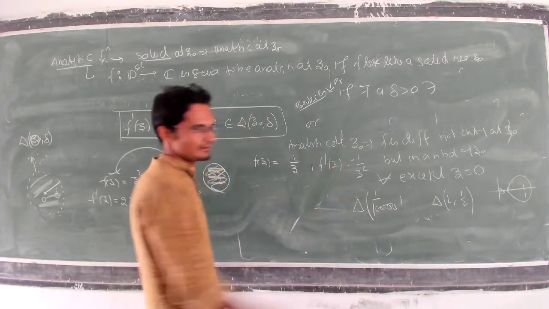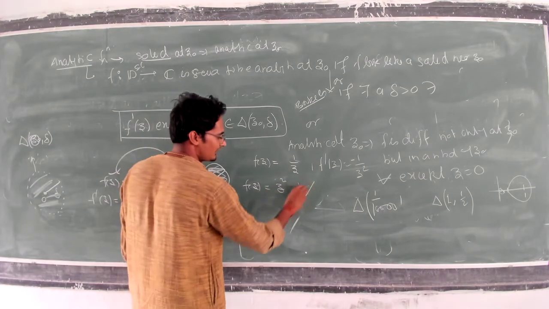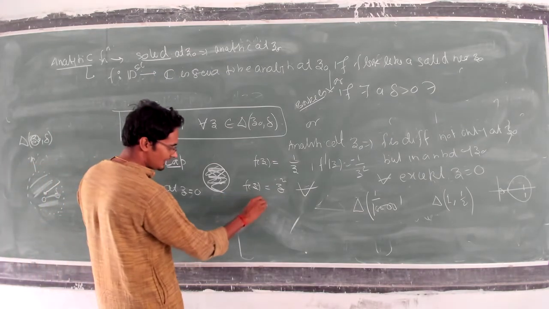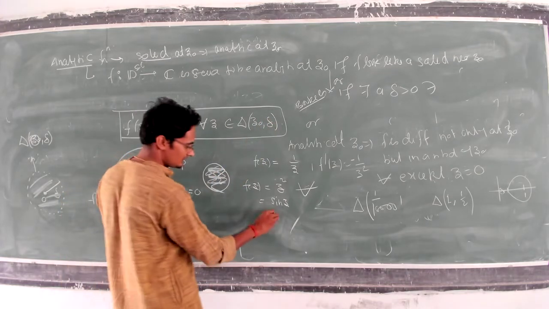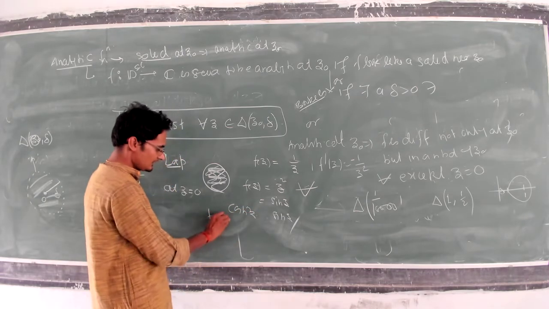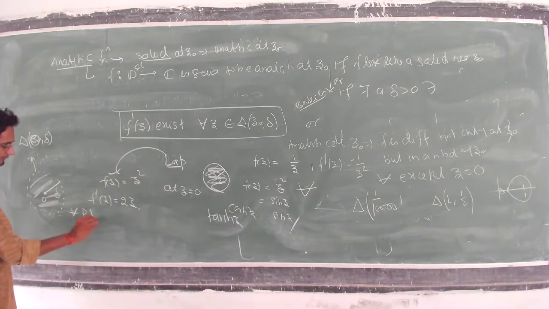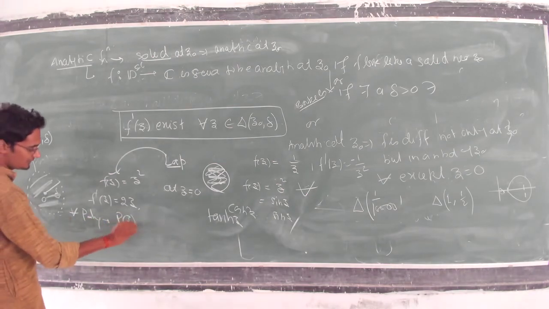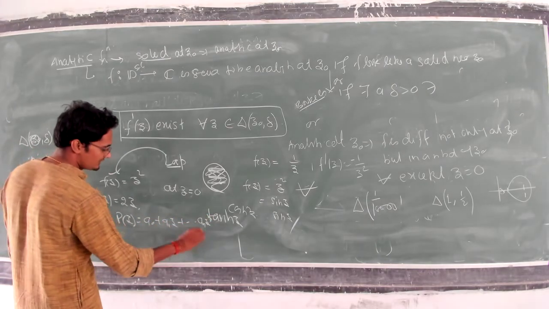So see, this is also analytic everywhere. Another one, z square is analytic everywhere. You can take sin z everywhere, the derivative will be cos z, sin hyperbolic z, cos z, cos hyperbolic z, tan hyperbolic z, and many more functions we can write. Or every complex polynomial of the form P(z) = a0 + a1 z and so on up to an z to the power n is analytic everywhere.